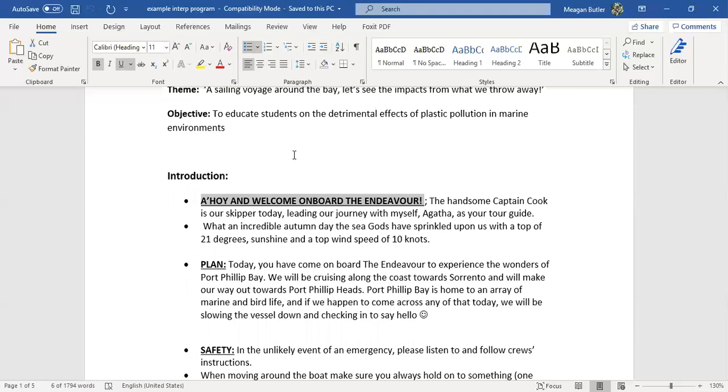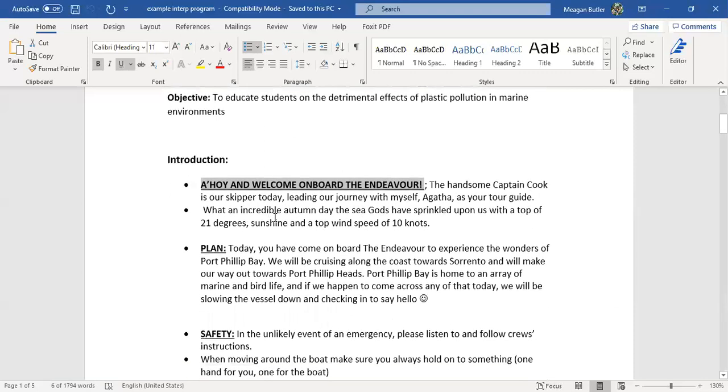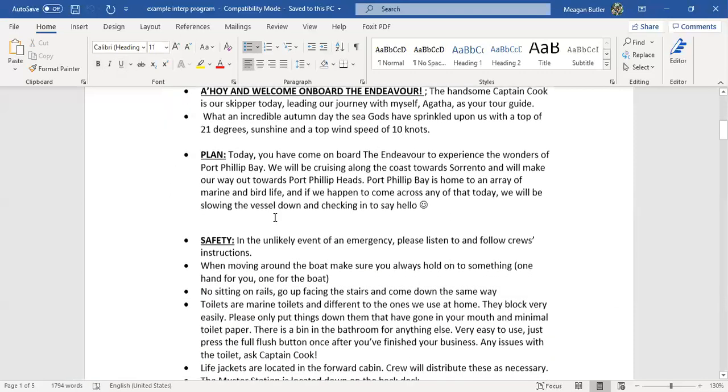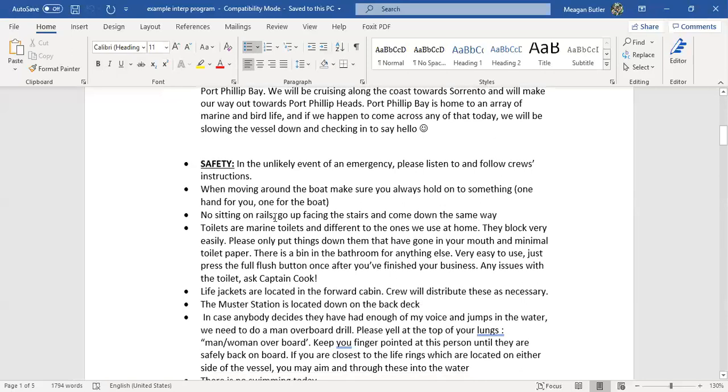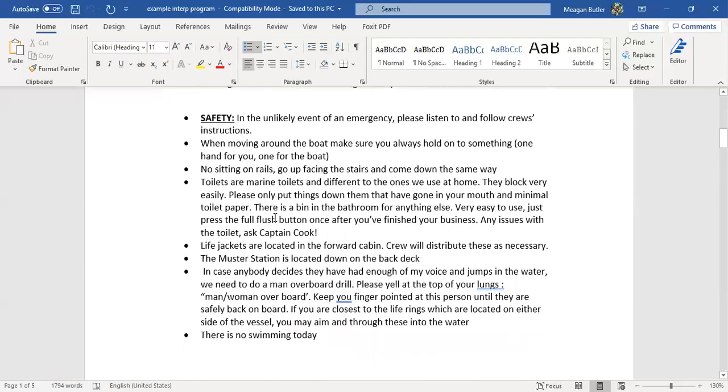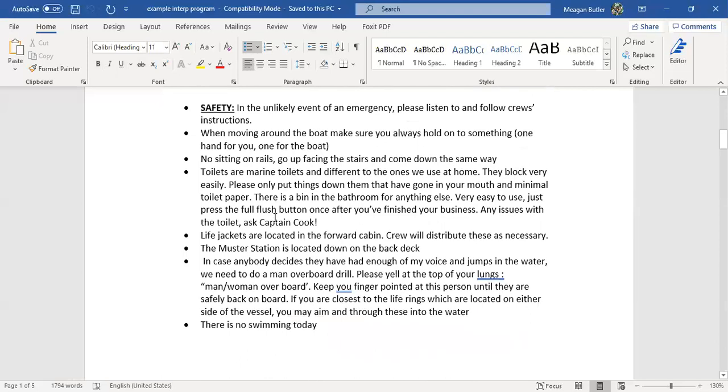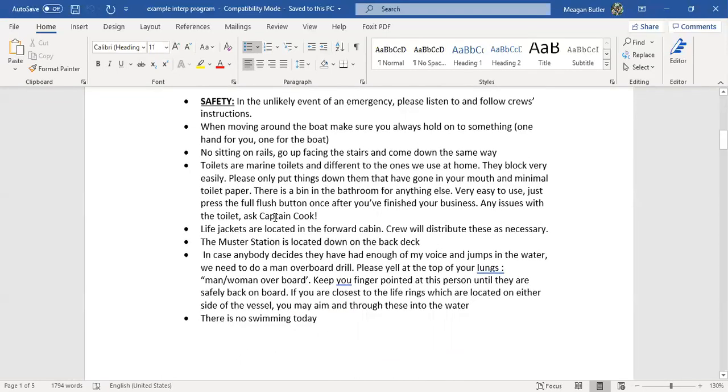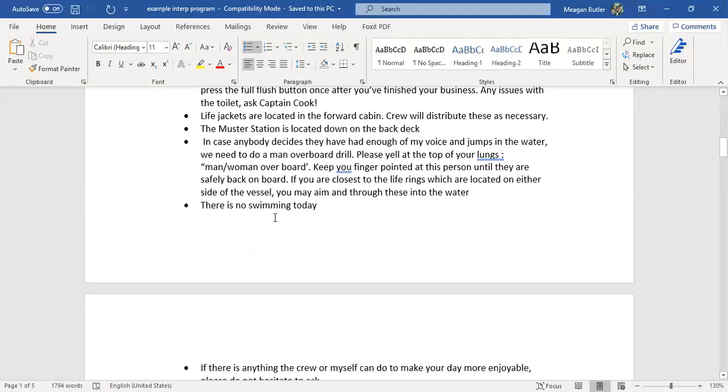And we sat on the blanket for the duration of the program. Our host set the scene. We were on the boat and really just used their explanation of things to set the scene and make us feel like we were on a boat. It was very cleverly done. The safety brief was broken down as though we were on the boat.